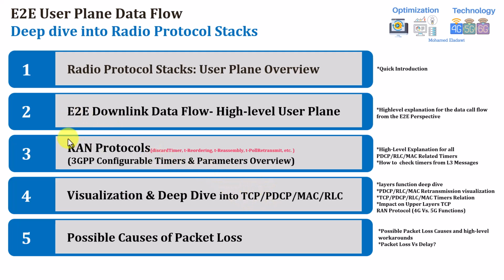The first video, which will be starting today, will be about the first part, a very high level look at the end-to-end flow for the user plane. Then after we cover the architecture, we'll go through how the data is being transferred from the end-to-end perspective, and we'll show the steps and the requirements. Then I will just go quickly through the overall parameters, 3GPP timers and parameters, configurable parameters which can be tuned, and you will find them in any of the networks for sure.